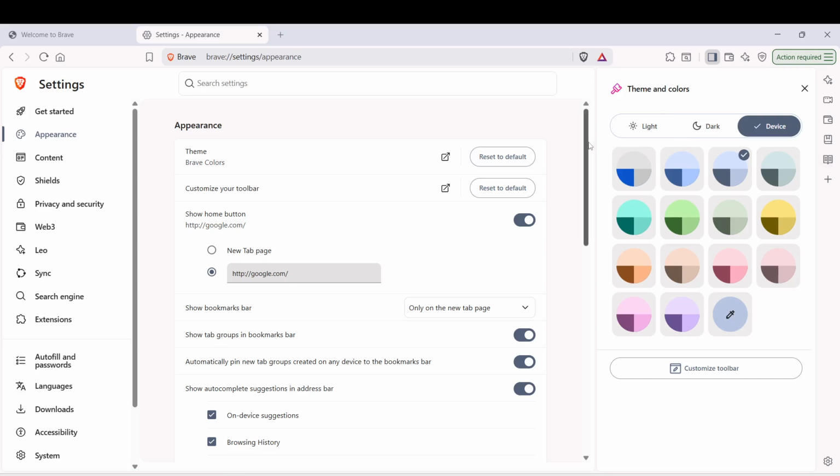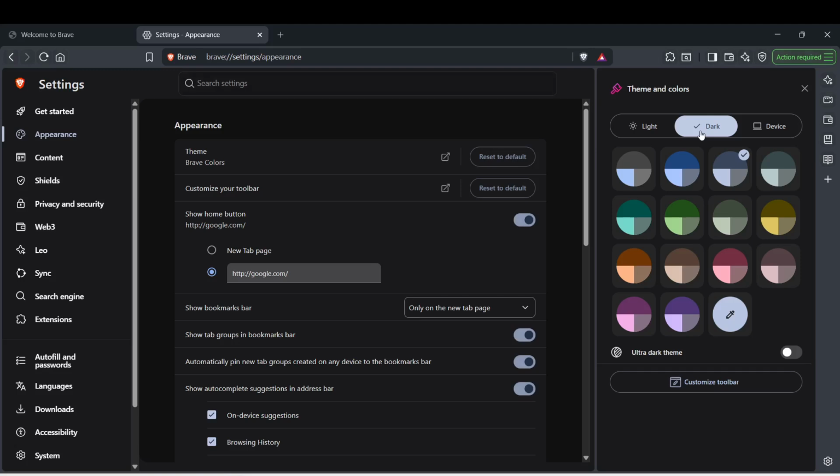At this point, you'll see a drop-down menu with options for your theme. Currently, it might be set to same as Windows or Mac OS, or perhaps light. You'll want to change this setting to dark to enable dark mode. This change will immediately switch the browser's theme to a dark color scheme. This setting is useful because it reduces glare and can make it more comfortable to browse in dimly lit areas.